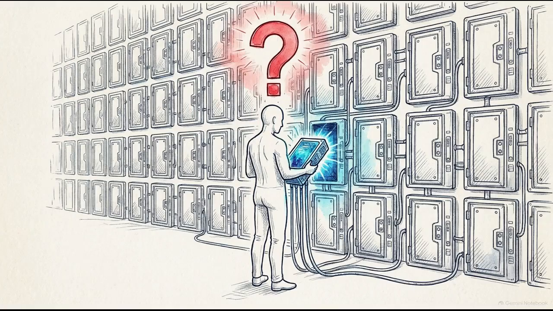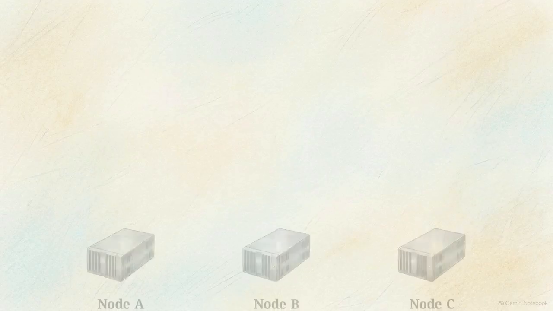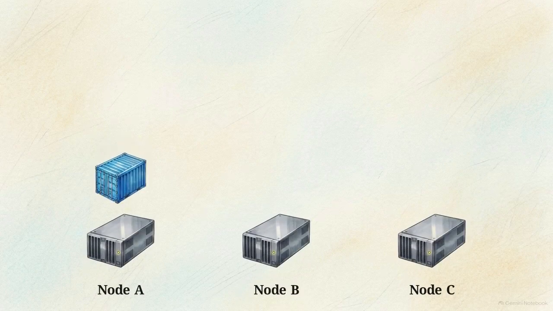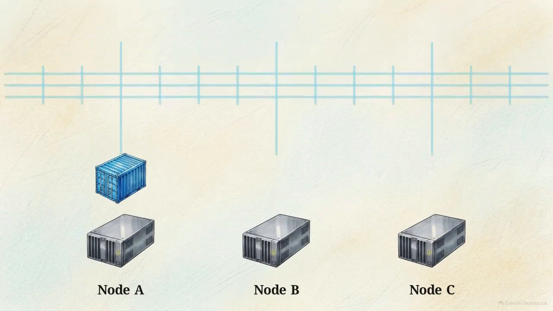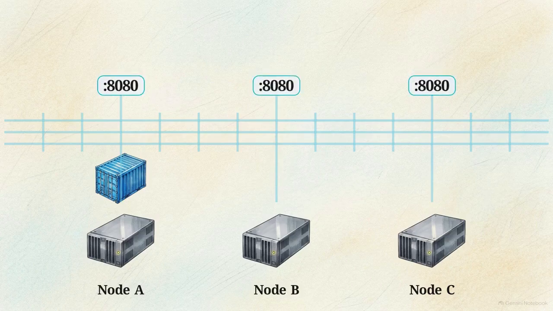When external users hit a cluster's IP address, how does incoming traffic know which physical node currently holds the specific container they need to reach? Swarm solves this with the routing mesh, visualized here. The mesh publishes exposed service ports across every single node in the cluster simultaneously. If external traffic hits node C, but the required container is on node A, node C instantly forwards the traffic